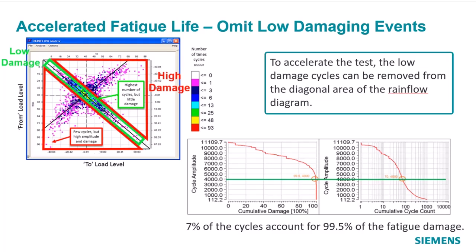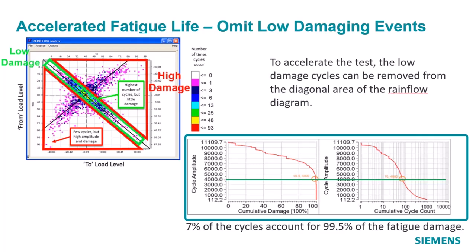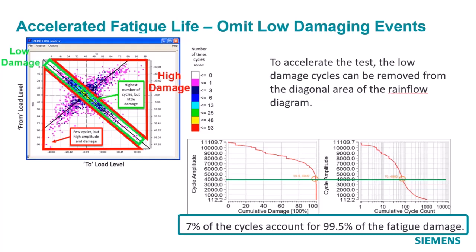So we will be left with these points which cause the high damage, and that may just be the way to go about accelerating the test. Consider this also. This same information, if you look at the x-axis, this is cumulated damage, and here is the amplitude, the load. And so we can see that 99.5% of the cumulative damage that you can see is actually caused by the loads above 4,000